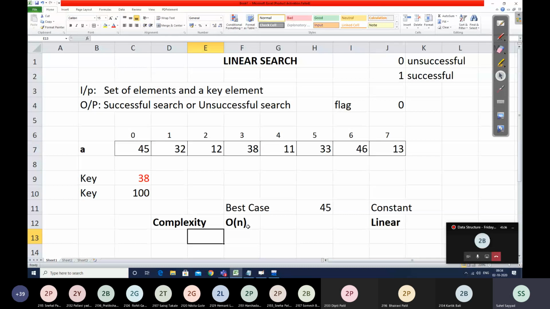Then do we have roll number 35, Sanket Suryavanshi? Yes, sir. Sanket, what are the 3 types of searching techniques which I told initially? Linear, binary, and hashing. Correct. We have 3 types of searching techniques that we are going to study in our curriculum: linear search, binary search, and hashing technique. Very good.